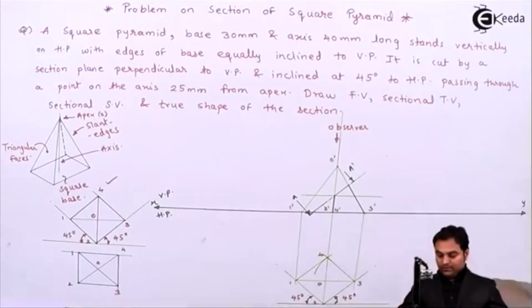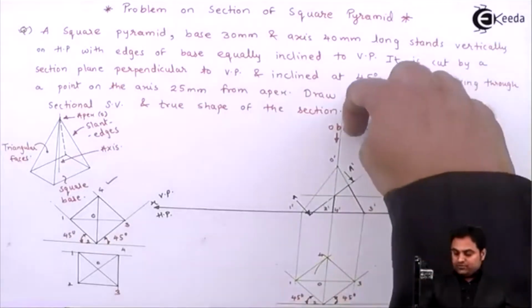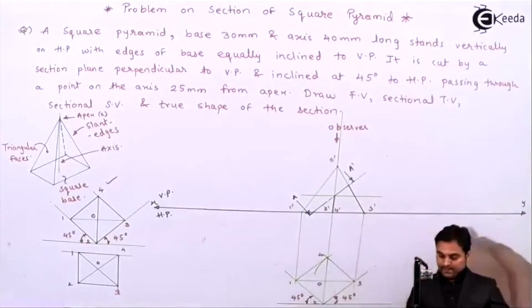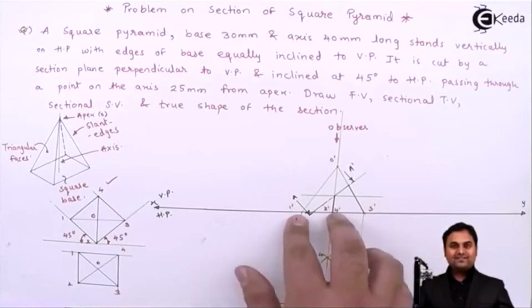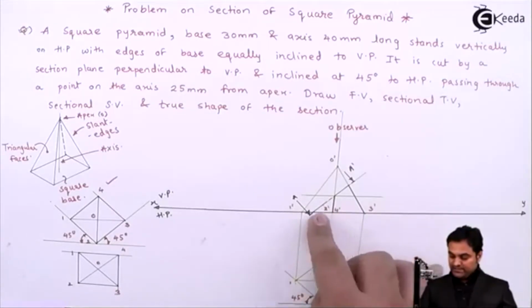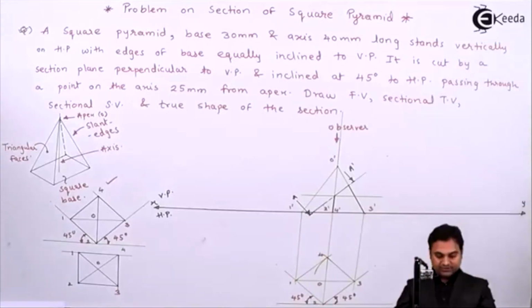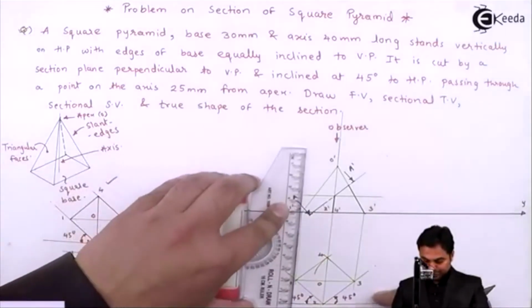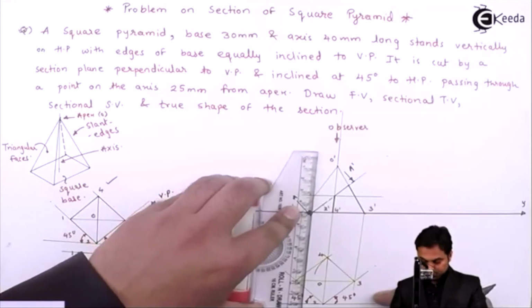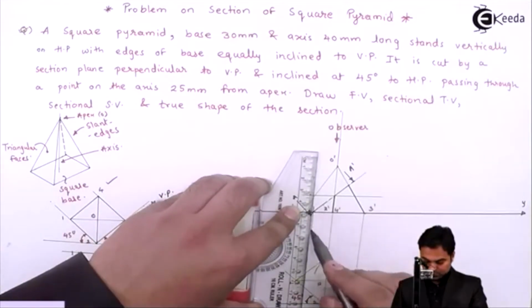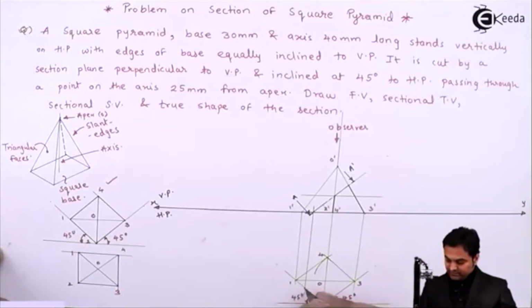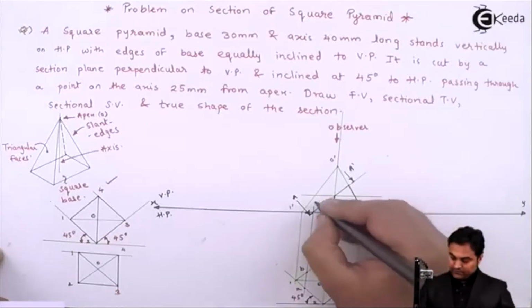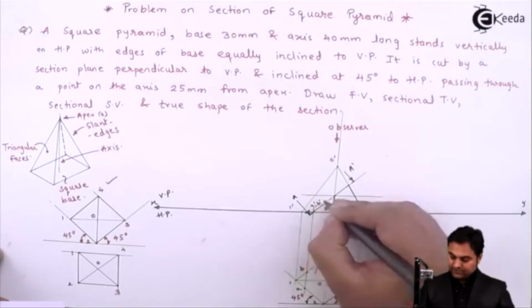Next, when it is cut, this is the front view. As an observer here, I need to draw the top view. And for that, if I see here, this cutting plane is cutting two base edges at the same time. That is 1 dash 2 dash and 1 dash 4 dash. So projecting it lightly into the top view, I am getting 2 points. Where it is cutting 1 to 2, I will say it is point A. Where it is cutting 1 and 4, I will say that is point B. So A dash, B dash is the location here.